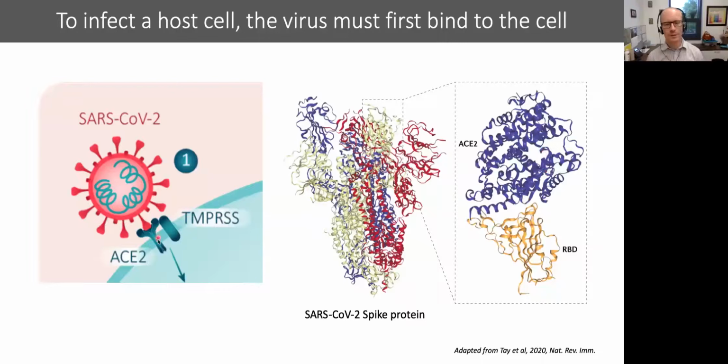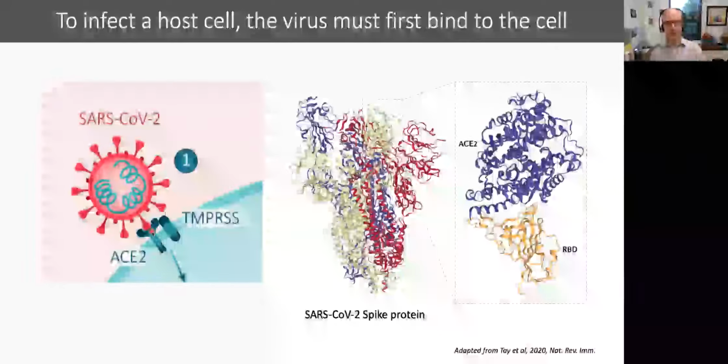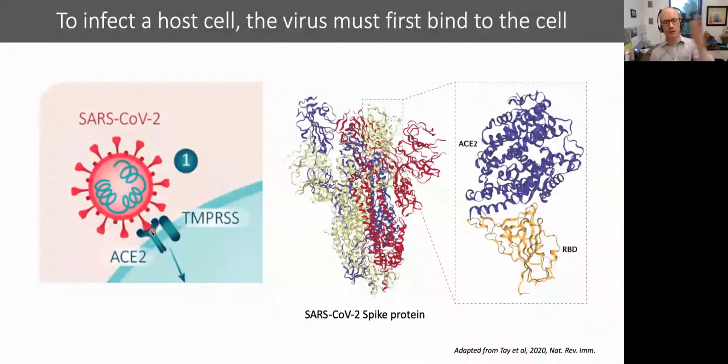Well, it stands for angiotensin converting enzyme number 2. And what it does is it helps modulate blood pressure inside the body. So that's actually kind of important to emphasize. ACE2 does not exist to serve as a receptor for SARS-CoV-2. It has its own job to do inside the body, and the virus has evolved the ability to bind to ACE2 because cells that present ACE2 are good candidates for viral replication.